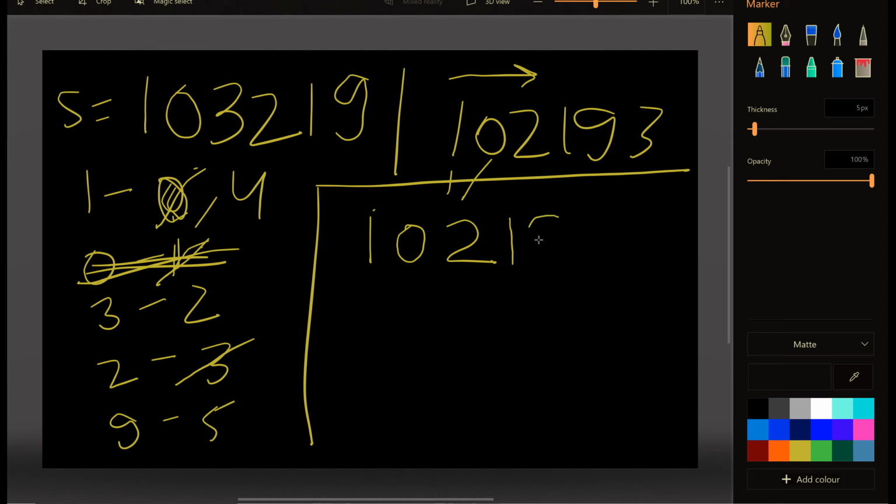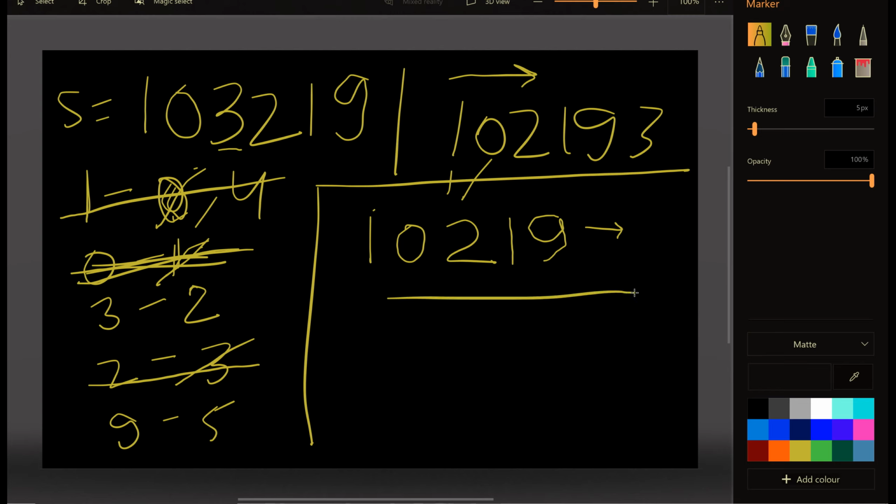Next I encounter 9. Now notice that 3 is less than 9. 1 was already done, 0 was already done, 2 was already done. 3 occurs at the second position, which is to the left of where 9 occurs, and it cannot cross over 9. So this is when my condition has not been satisfied, and I return false and break out of the loop.